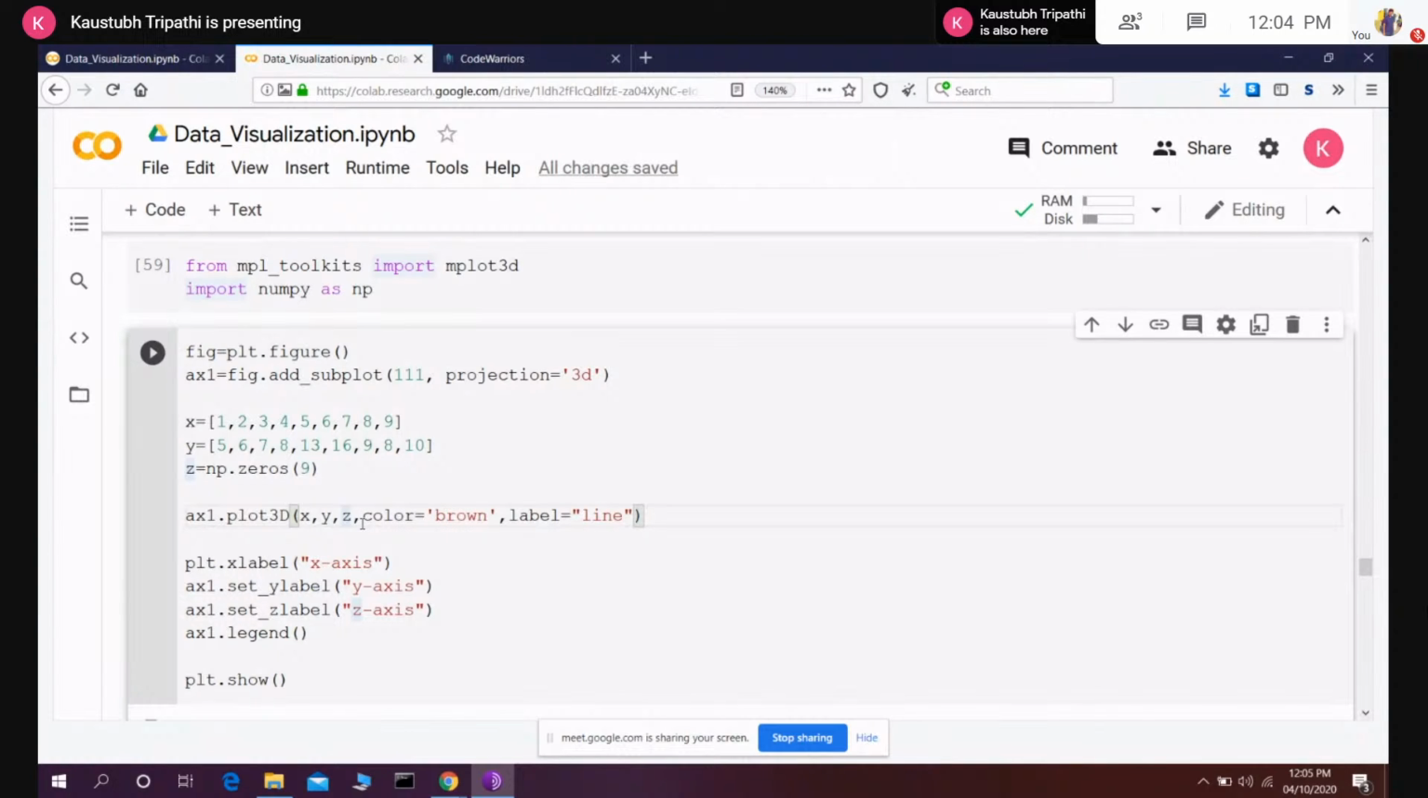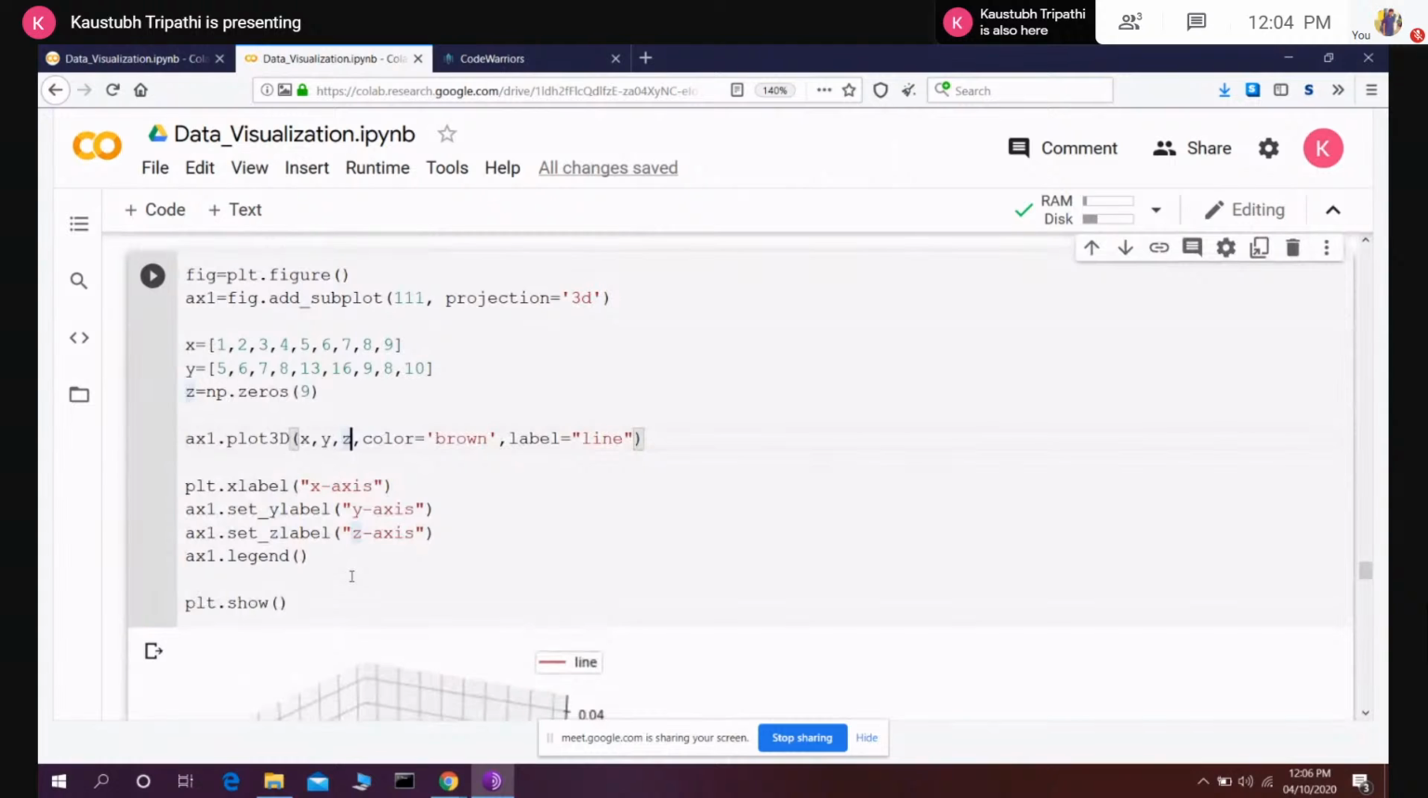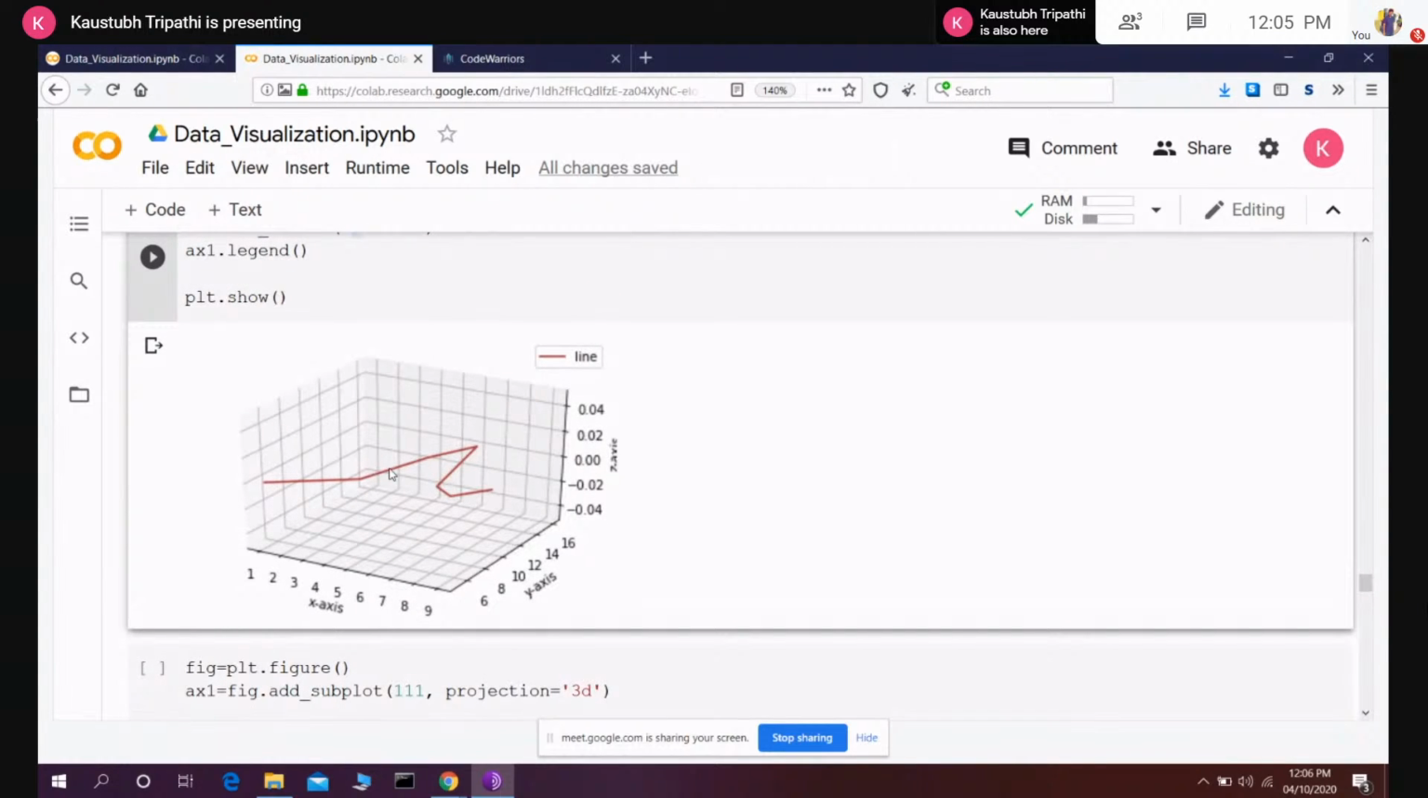and we give the three axes, right? The rest: colors, brown, label is equal to line, and mark. You can put up the markers. You can put up everything, and you can put up the legends over here. Everything will work exactly the way it used to work in the 2D graphs, and you can plot a graph